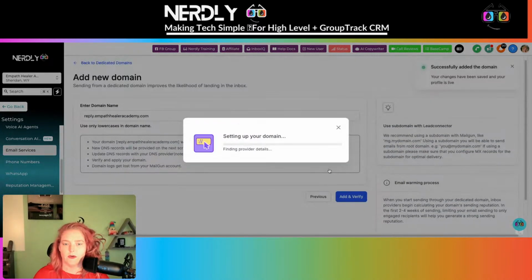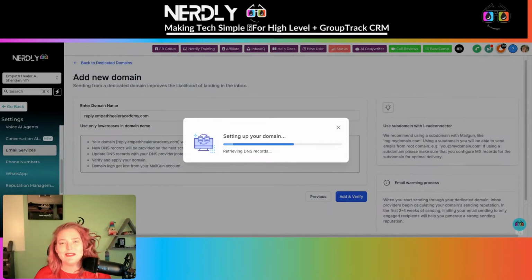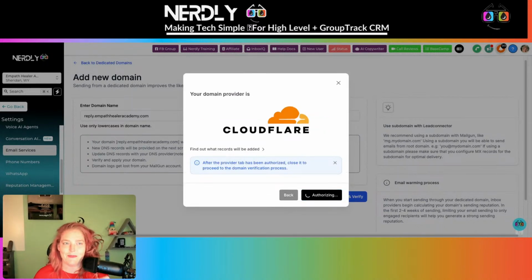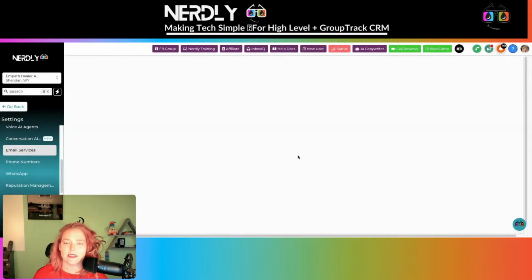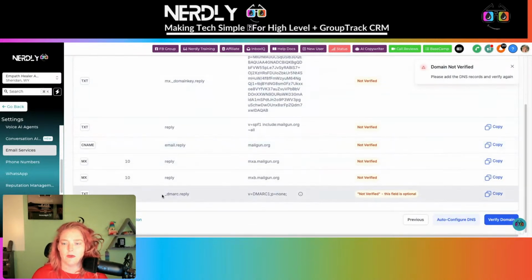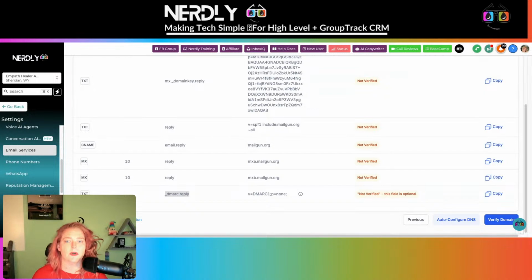So this is going to come in here and put in the DNS records, except it always misses the DMARC for whatever reason. And it says it's optional. I will tell you folks, it is absolutely not optional. I don't know why it says it's optional. That's a big fat lie. If you don't have your DMARC, it will make you not deliver emails. So we're going to go back here, and then we're going to go into